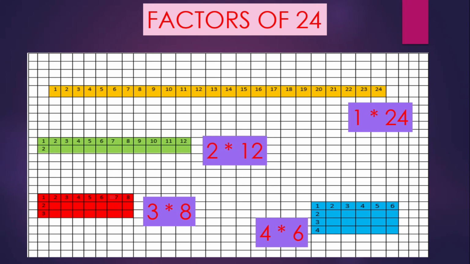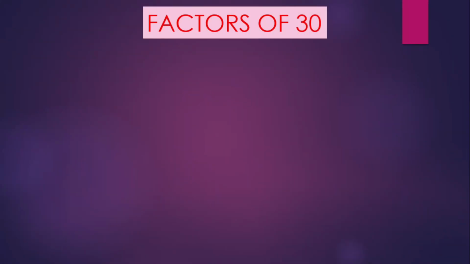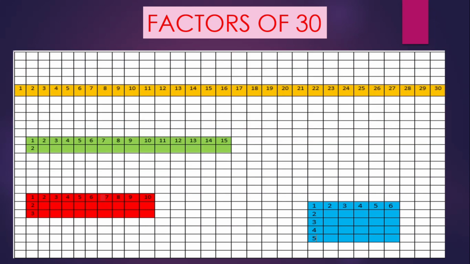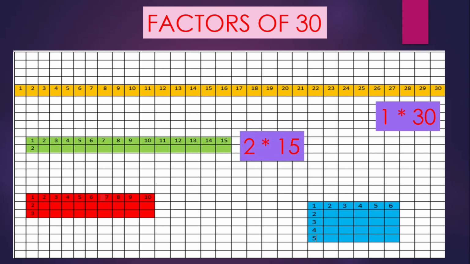Now children, moving on to my last slide, here I have taken the number 30, and we are going to make all the factors of 30. So see here, first comes my counting number 1, and so 1 30s is 30. Next comes 2, and in 2's table we have 30 at number 15. So 2 15s is 30. And the next counting number is 3, and in 3's table we have 30 at tens. So 3 10s are 30.